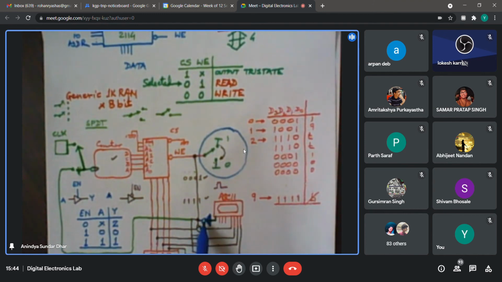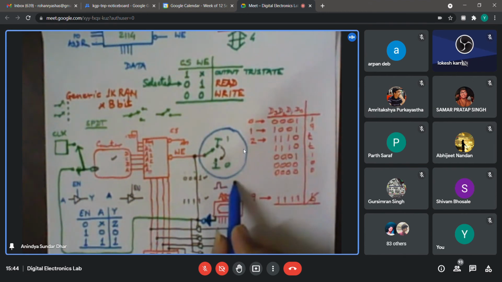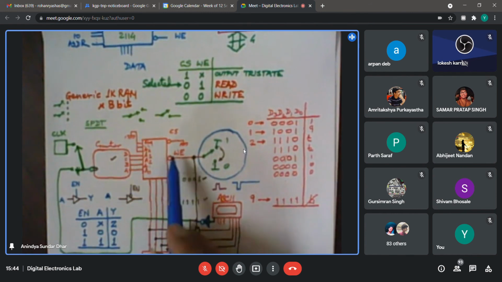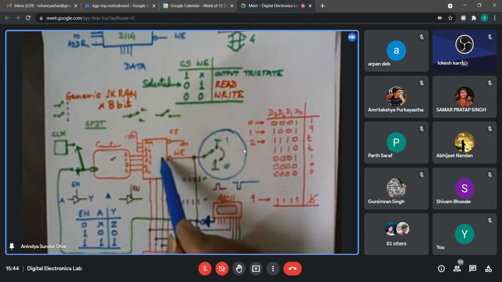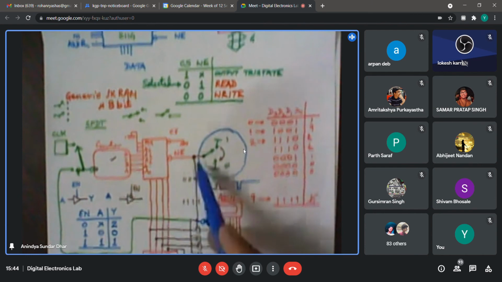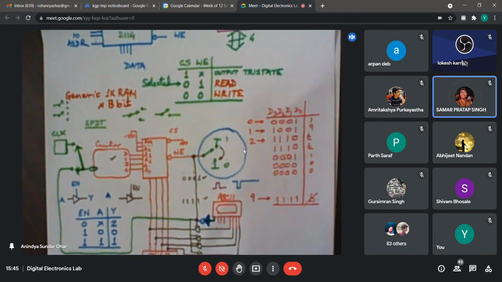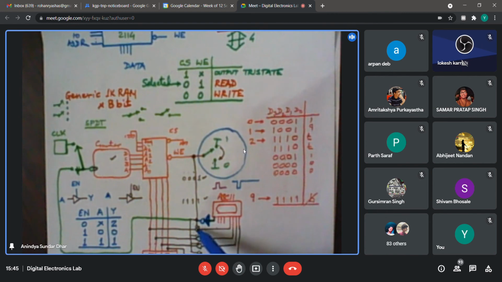So what will the inverter do? Whenever I release a key, it will generate something like this. For a short period, it will become low. So this low signal will activate this write enable, because if I make write enable low, it will be in the write mode. At the same time, this low signal will enable these buffers. Is it visible, these buffers where I have drawn? Either say yes or no. Okay. So because of this low value, they will also be activated.